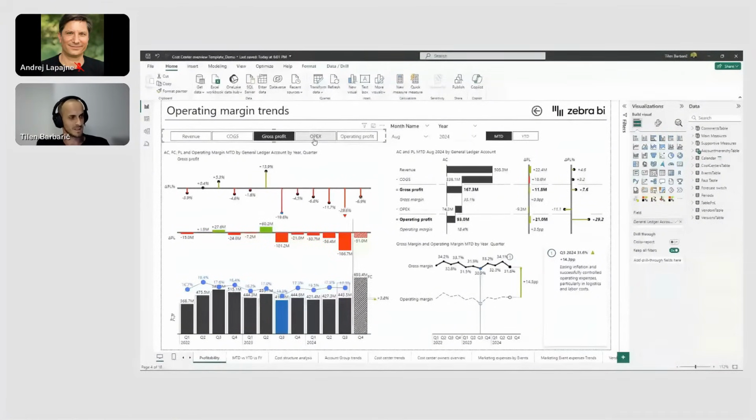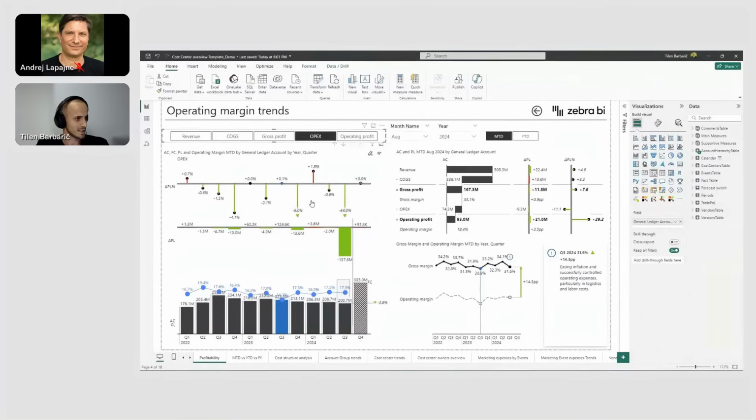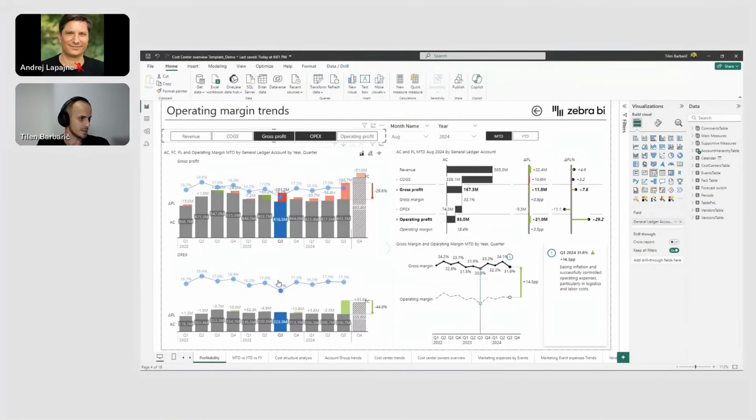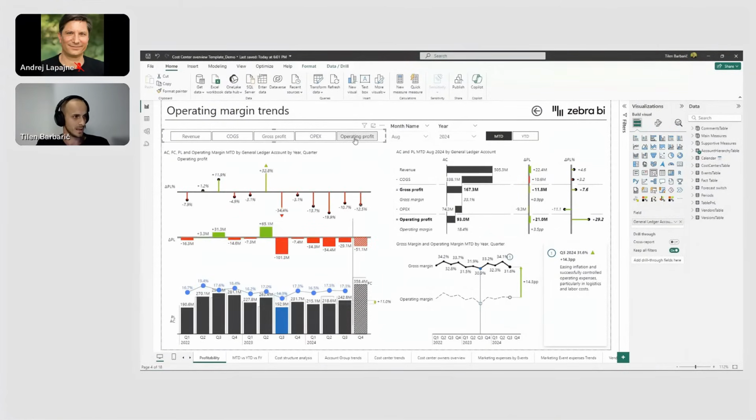But then the missing piece is also the OPEX. I can select OPEX and see OPEX is actually on plan. So if I now combine the gross profit and OPEX, I see that OPEX was actually on the budget, on the plan, but the gap is coming from the gross profit. Now I know the operating profit obviously is below the plan, but equipped with this insight,